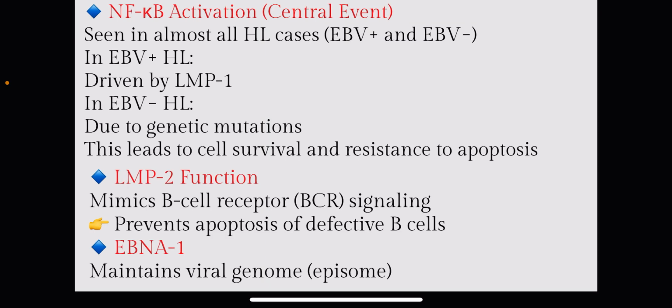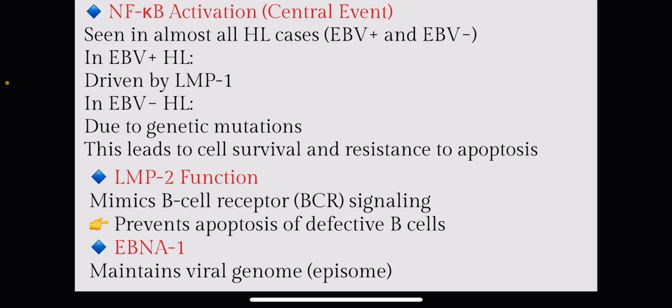The central event, which is the nuclear factor kappa B activation, is seen in almost all Hodgkin lymphoma cases, whether there is an association with Epstein-Barr virus or non-associated cases. In both cases, we can see the central event, that is NF-κB activation. In Epstein-Barr virus positive cases, that is driven by LMP1. In Epstein-Barr virus negative cases, this is due to genetic mutations, and this leads to the cell survival and resistance